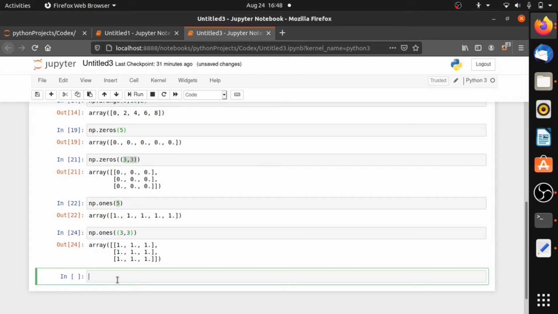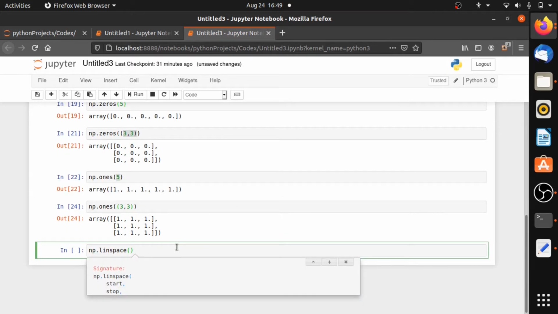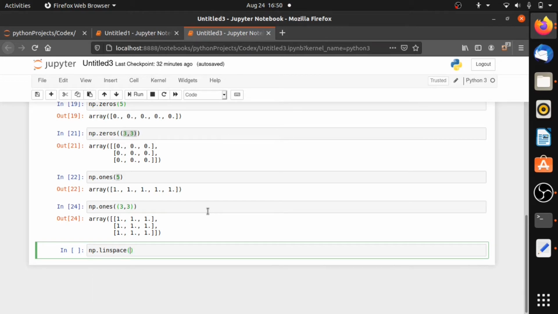And now the another function that we'll be learning here today will be the linspace function. Now let's see an example. np.linspace. So now let's see what attributes are to be given in this linspace function. Type shift and tab. See here. So the first attribute to input here is the start, second the ending point, and the third one is how many. So let's check by inputting attributes here. 0 as the initial point, ending point maybe 5, and let's print 10 of them.